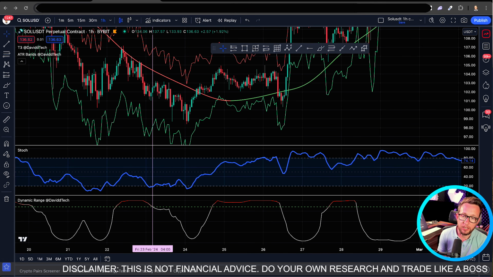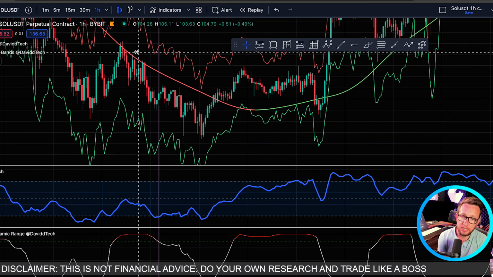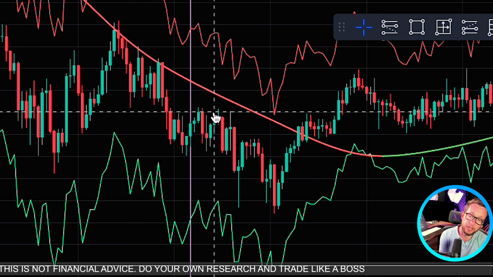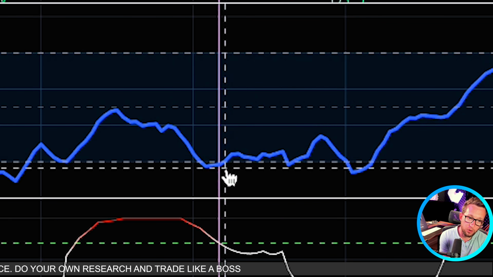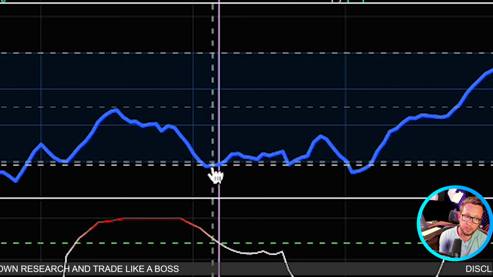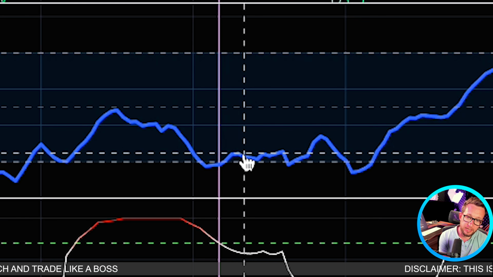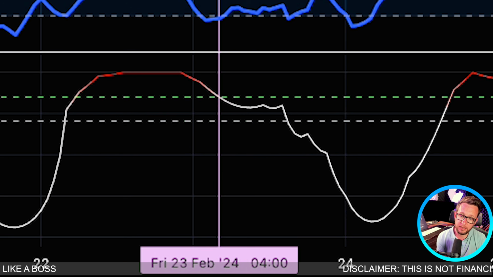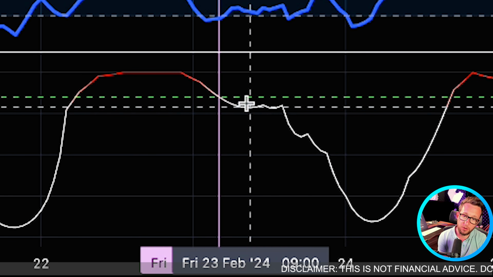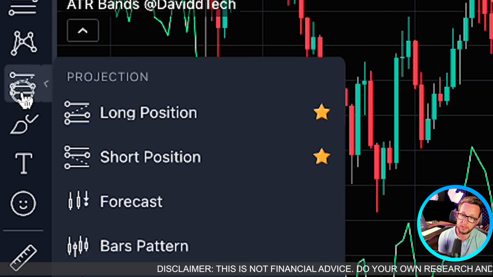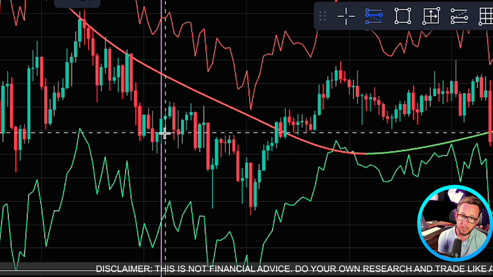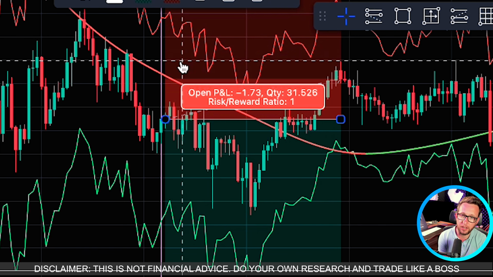Okay, we have a short on this candle just here. T3 is trending red and price is below it. We are just about below the oversold section. As you can see, we are below the 20 level just here. We can see that dynamic range is below our threshold and is white, so we can take our short on this candle here. Short position we're going to be putting on the candle after,